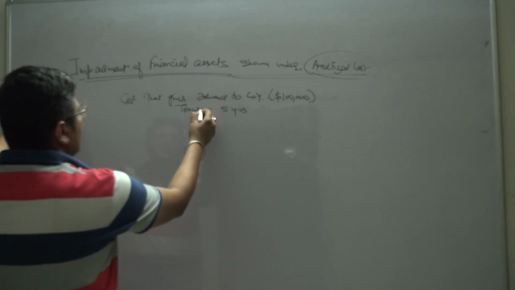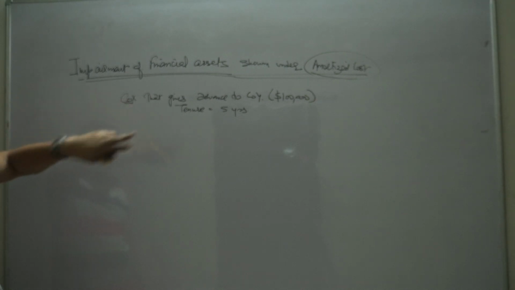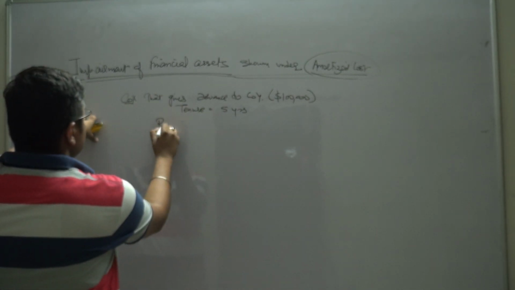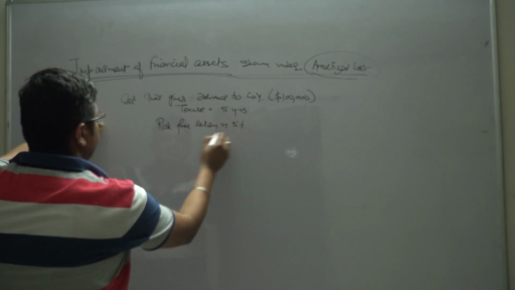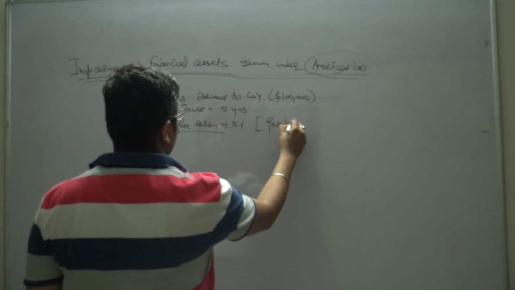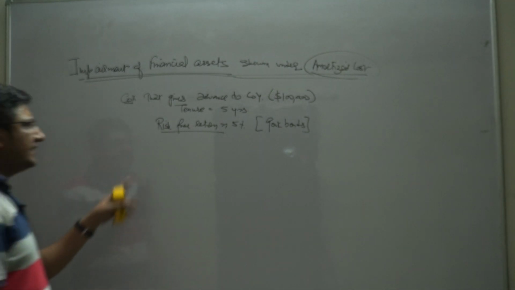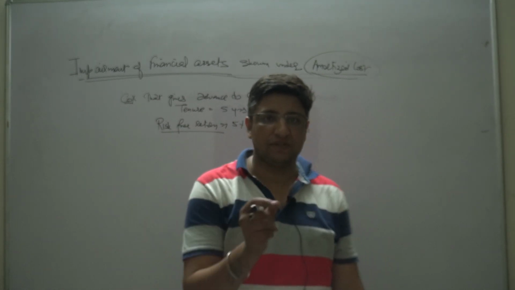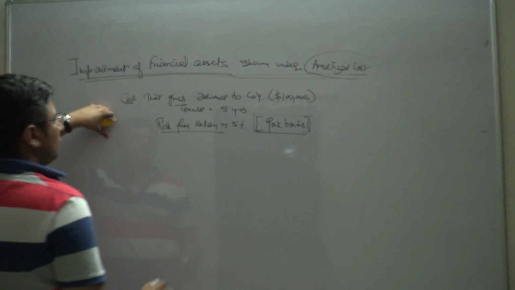5 years. Let's understand that since company X is giving some money to company Y, it might as well be charging some interest from company Y. So let us say that there is a risk-free rate of, let's say, 5%. When I say risk-free rate, it could be some investment in government bonds, sovereign bonds, etc., as we call them. Although we are not saying that this is entirely or absolutely risk-free, because even countries have defaulted in the past. But for the sake of assumption, let us say that government bonds are riskless bonds,